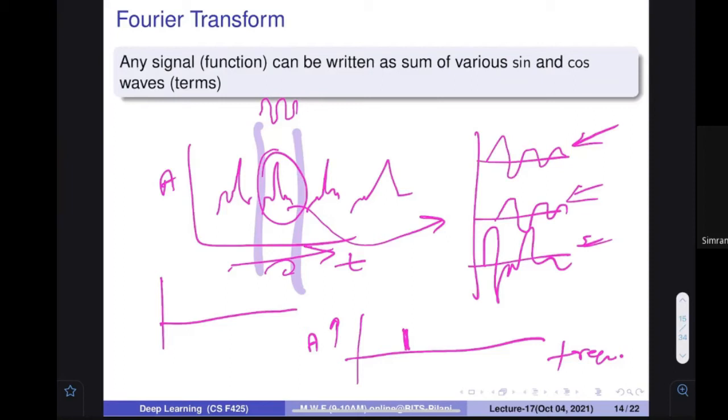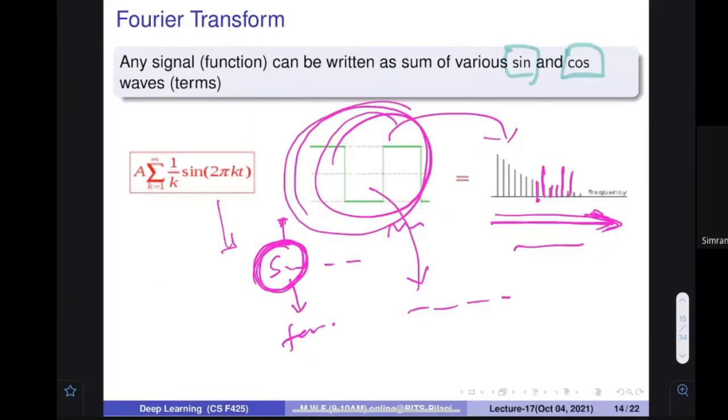If it is a complex one, you use multiple of them, two things, four things. So definitely you will be getting something like that. It means what are the frequencies and what is their amplitude. You are going to represent this. So this is called the frequency domain representation of a signal.